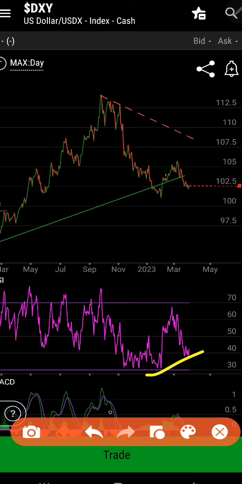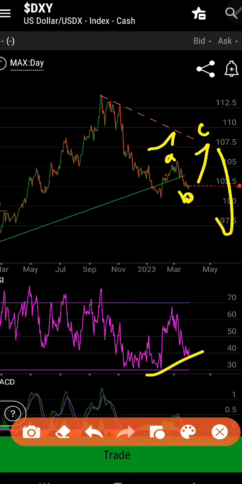We haven't seen a test of this downtrend yet, and so the dollar is likely to pull back up and at least test that, in which case we're looking at A, B down here, and C, where we can expect more downside in the dollar, but only after another push higher, which of course would be bearish for equities. I don't think it matters much how you cut it. It looks to me like the dollar wants to bounce here before finding more downside. And that's just all I have to it.